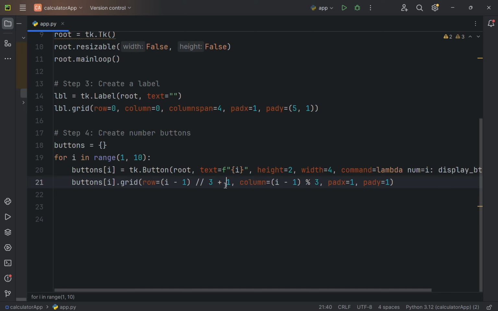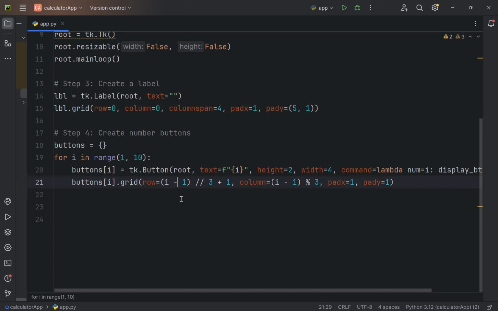To achieve this, we need to calculate the row index based on the current button number. The expression i minus 1 exact divide by 3 will effectively group the buttons into rows of 3s. And adding 1 to the expression at the end makes sure that we're starting from row number 1 instead of 0,